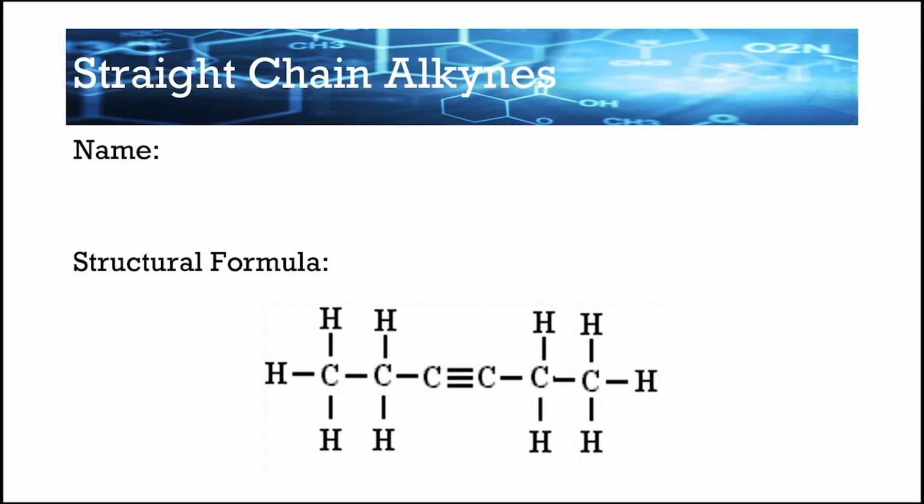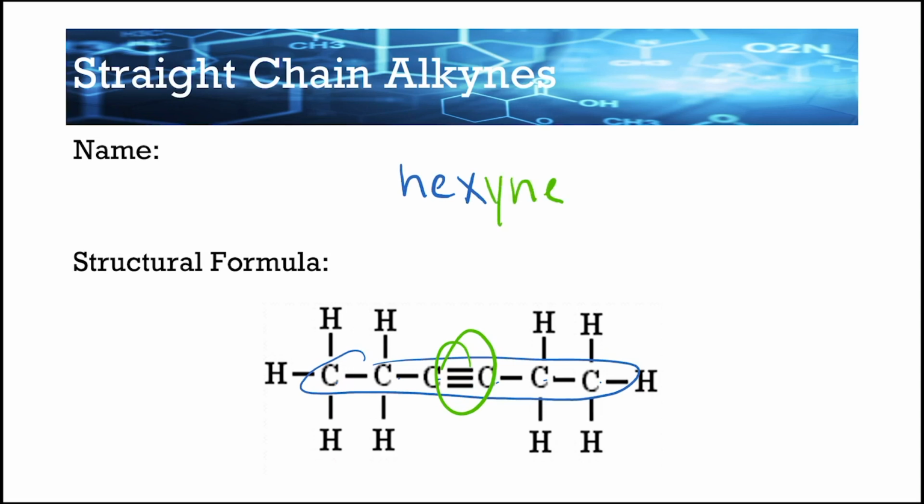going into this, let's work on this structure and then figure out what its name is. So just like everything we've done so far, your first step is to name the chain. So we have 1, 2, 3, 4, 5, 6 carbons. And so what do we name 6 carbons? Hex. Okay. Now we have this triple bond. So according to table Q, when we name things with triple bonds, we have to use the Y-N-E ending, the yne ending. And then we have to give the location, just like with the double bond, as to where this